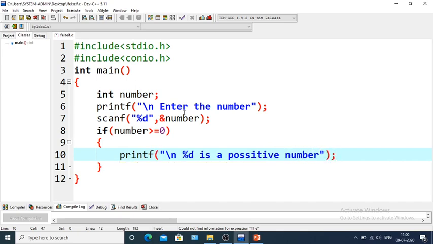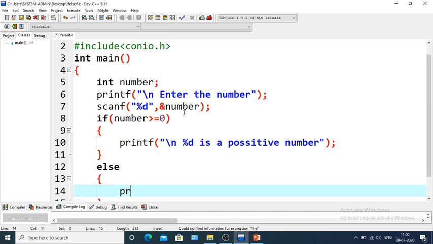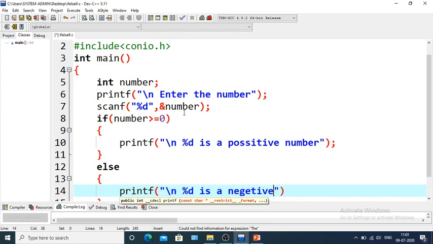In the else part we can say that it is not a positive number, or it is a negative number. printf, %d is a negative number.